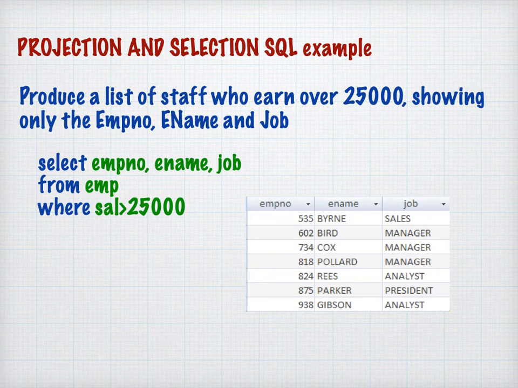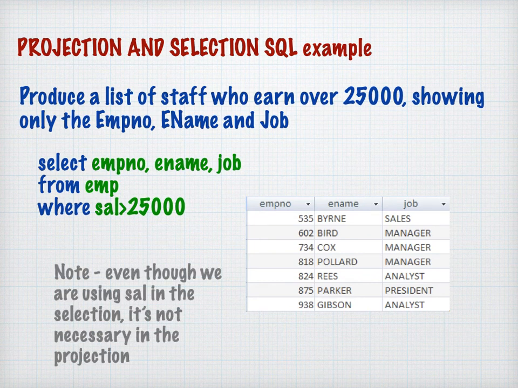Now, if you've done computer science or computing before, you might be looking at that and thinking, there's something interesting here, because the where clause needs to use sal. So you can see here that we're saying, show me rows where the salary is greater than 25,000. So do I need to include sal as one of the columns next to the select statement? Well, in fact, no, you don't need to. SQL will work that out for you behind the scenes. It will apply that condition even though we're not actually displaying the sal column. So you don't need to worry about